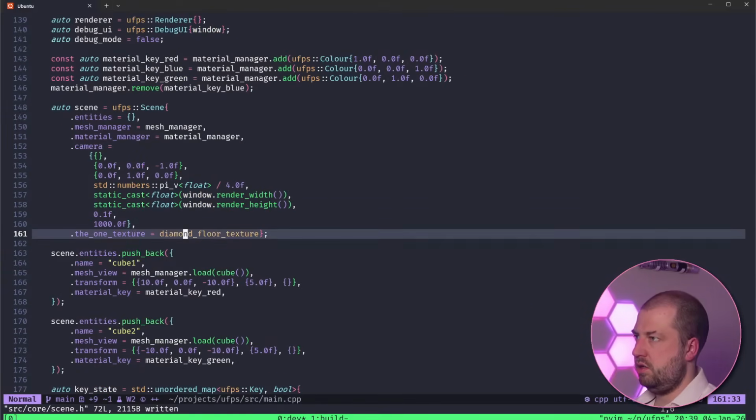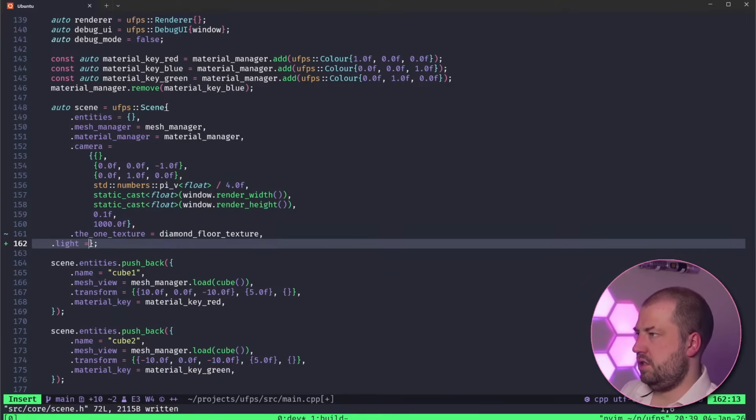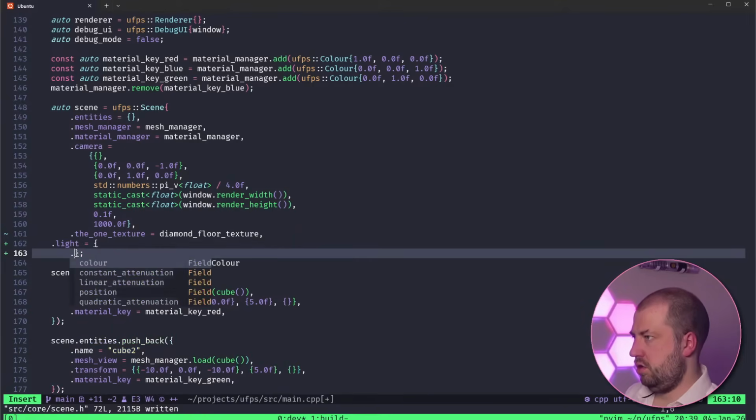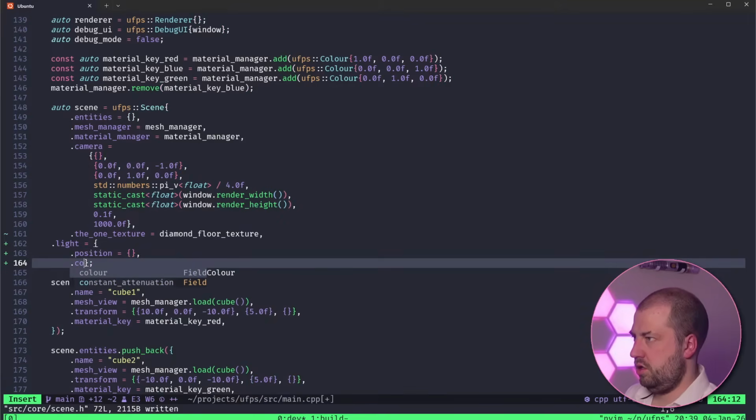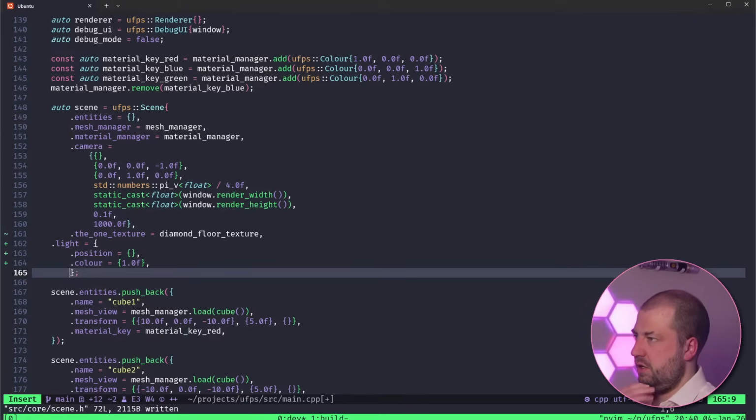I forgot about this texture nonsense. Light dot position equals that, dot color equals 1.0f. I think that is a constructor. And then I forget all the attenuation. Let me